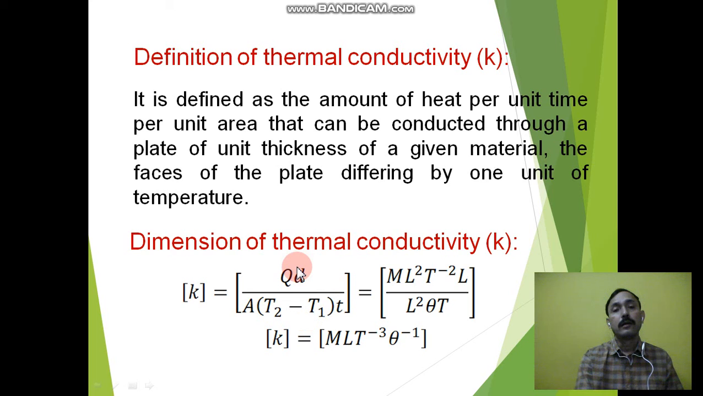If the separation between two faces is 1 centimeter, cross-sectional area is 1 centimeter square, temperature difference is 1 degree, and time is 1 second, then K is equal to Q. So we can say thermal conductivity means the amount of heat per unit cross-sectional area that can be conducted through a plate of unit thickness,